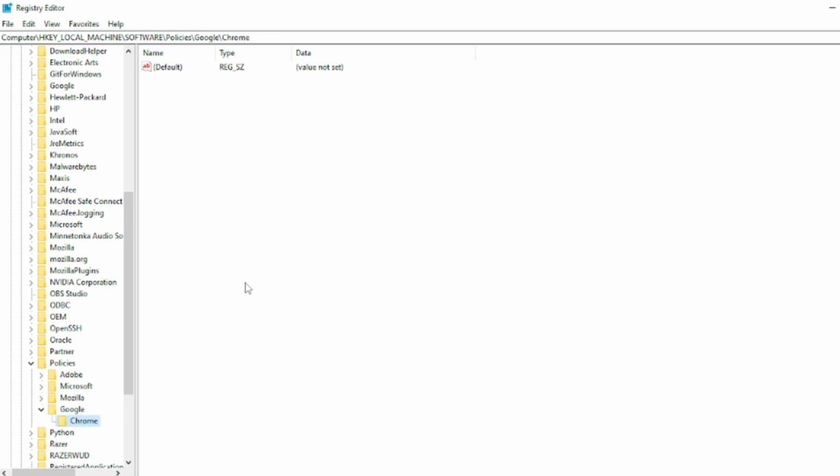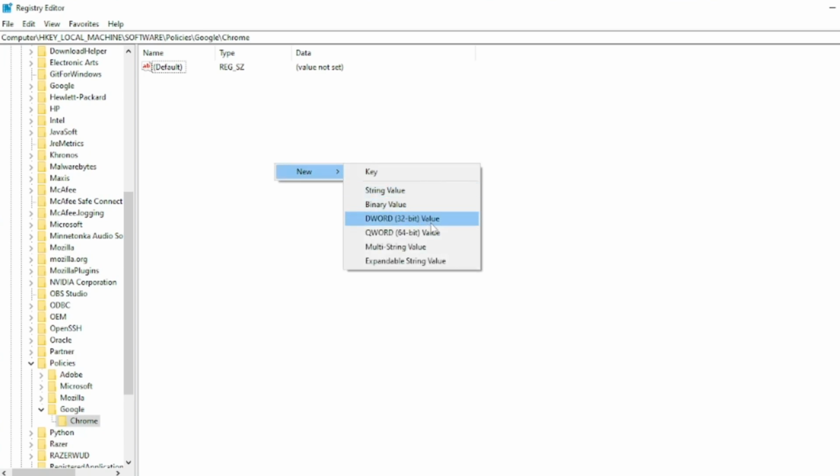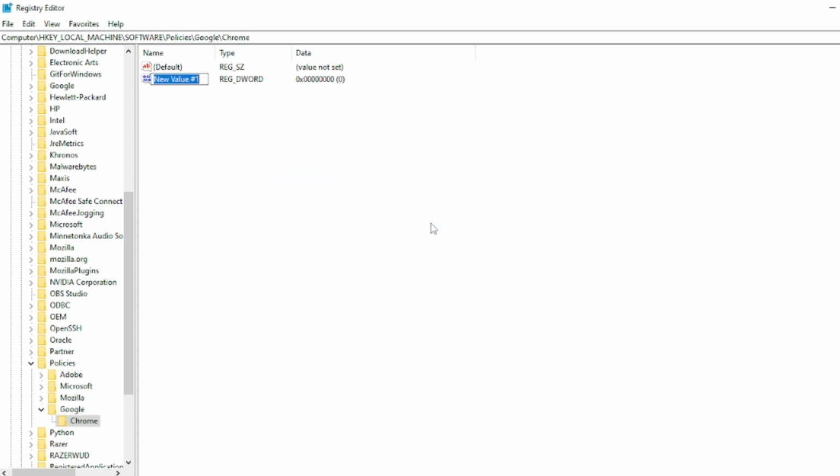All right, once you're done with that, what you want to do is right click on this empty screen that we have over here because we're going to be adding some text. So press on New and select the option that says DWORD 32-bit Value. Then all you want to do is name this value